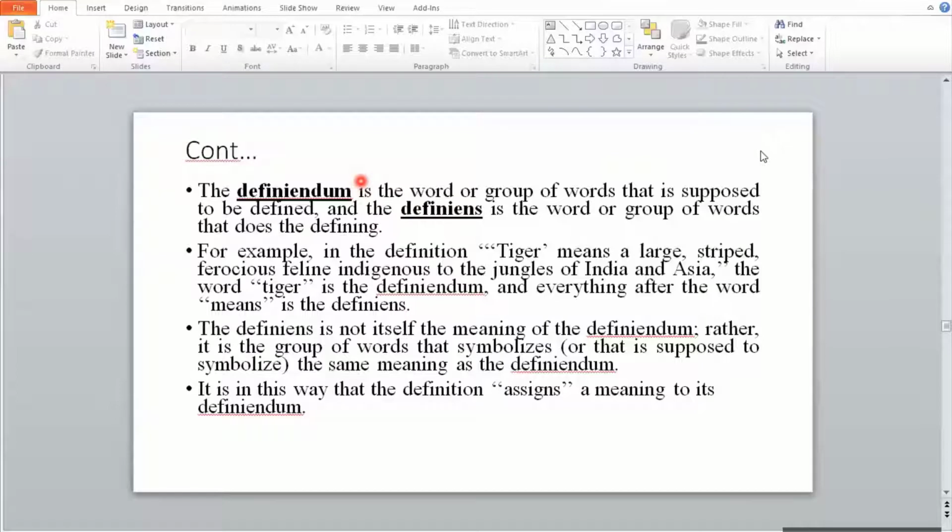To make it clear, these concepts, let's look at examples. For example, as you can see here,